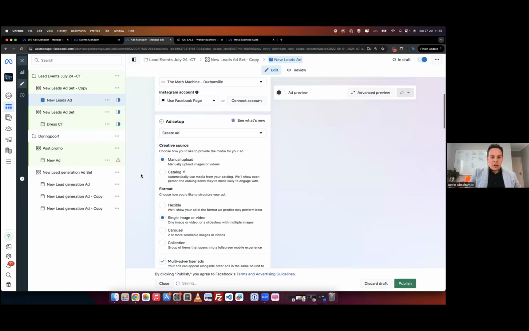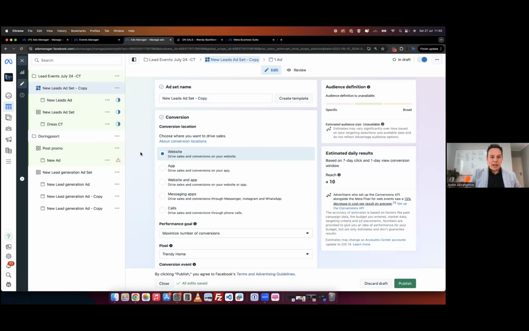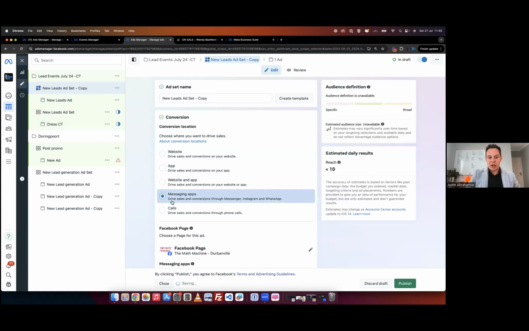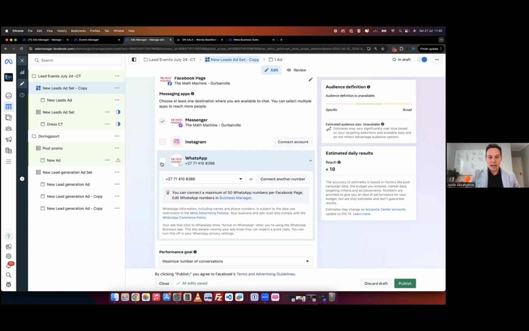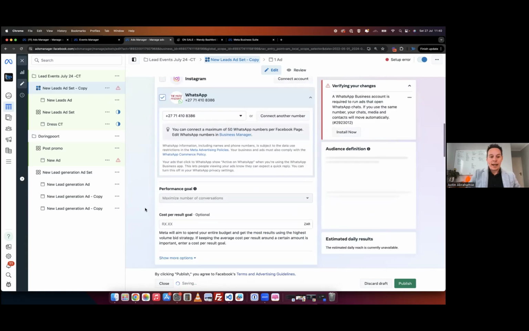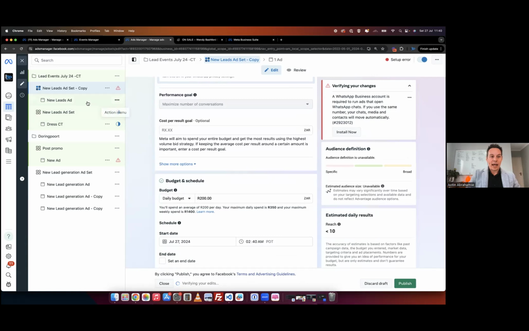So instead of selecting website, where we selected website here, it'll be drive to messaging apps. You'll see drive sales and conversations through Messenger, Instagram, WhatsApp. Then you'll select it and select WhatsApp. And when we go through to the ad itself,